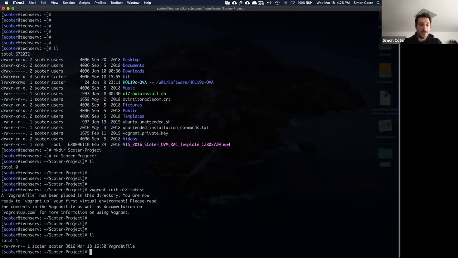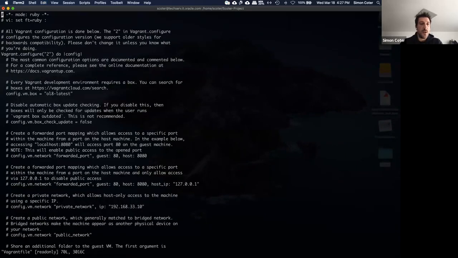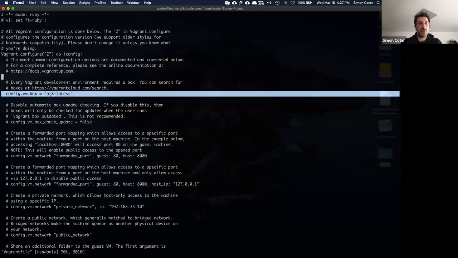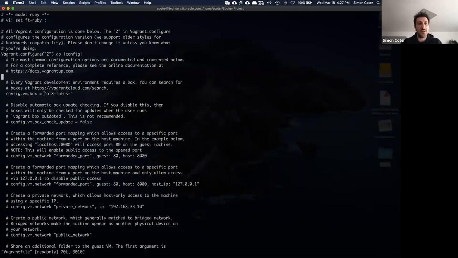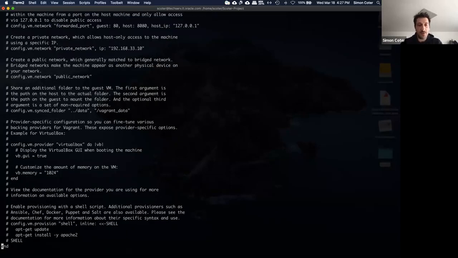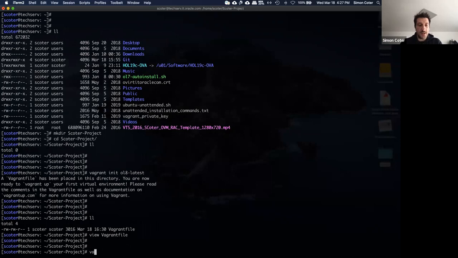At this point, you can see we have a Vagrantfile. In the Vagrantfile, we have the configuration for this Vagrant box. This is the base configuration. So we are just saying, yeah, the VM that is going to start is OL8 latest. And then there are so many options. I'm going to deep dive into some of them later. But now let's see. By executing vagrant up,